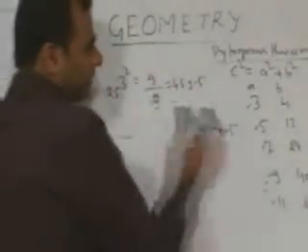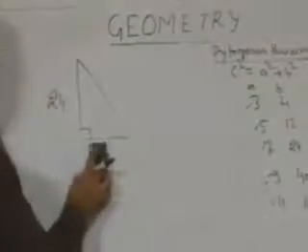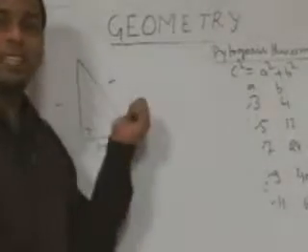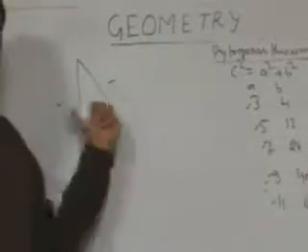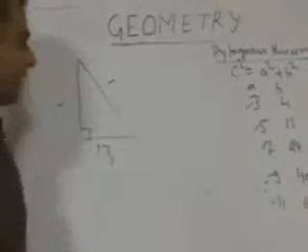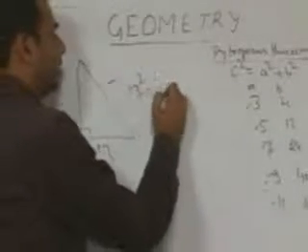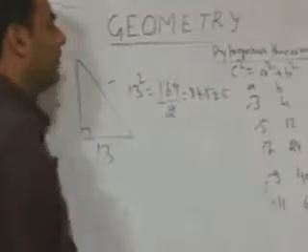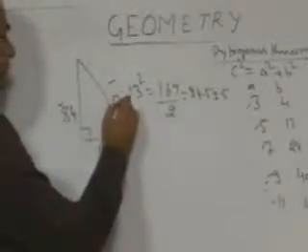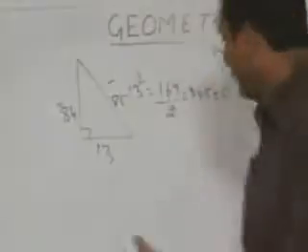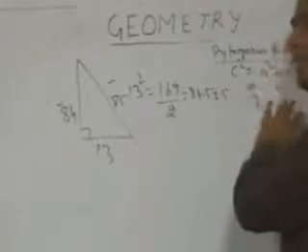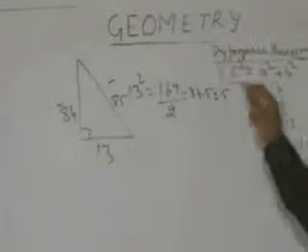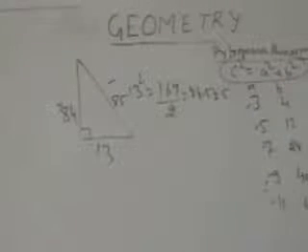Similarly, take any value. For example, if I need to find that one of the sides, let's say, is 13, and the other two sides are integers, then what are the possible values of these integers? Straight away take 13 square, which is 169, divided by 2, which is 84.5. So plus minus 0.5, we'll get 84 and 85. And all the multiples of these standard Pythagoras triplets are also Pythagoras triplets. They will also satisfy this particular condition, C square equal to A square plus B square.